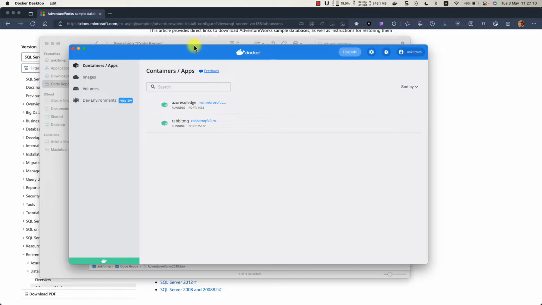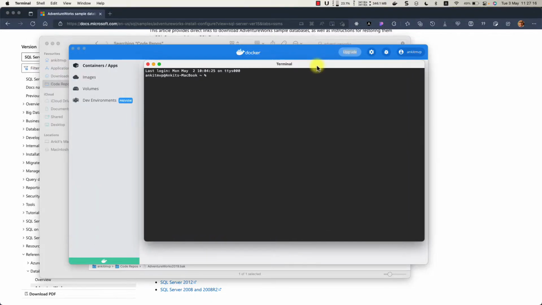First we need to create the directory. Open the terminal and execute the following command. Let me explain the command first. Docker is the Docker command, exec, and then the container name, Azure SQL Edge. mkdir means we have to create a directory, and then add the following location: /var/opt/mssql/backup. When I press enter,